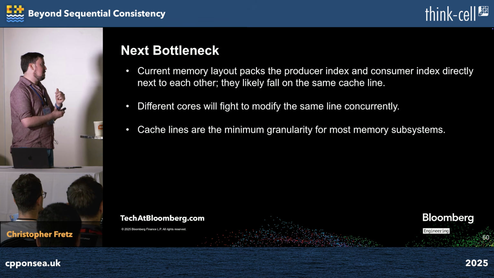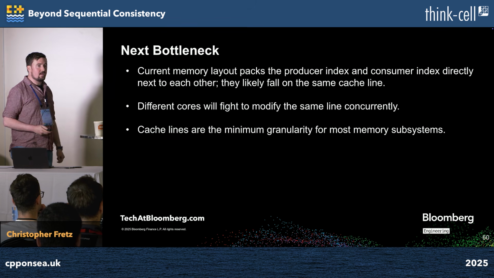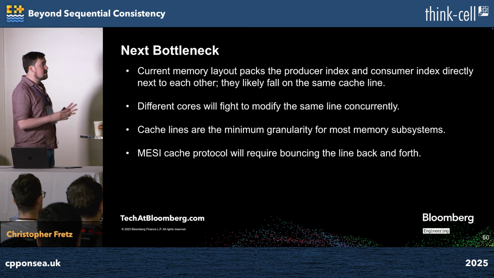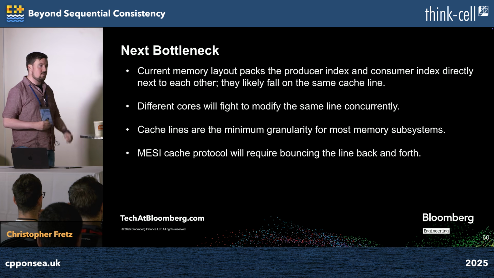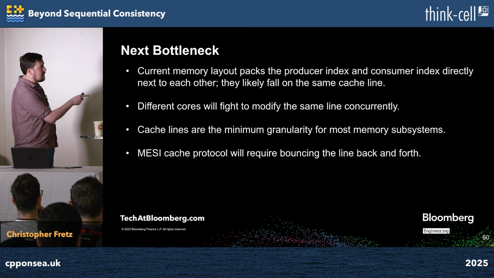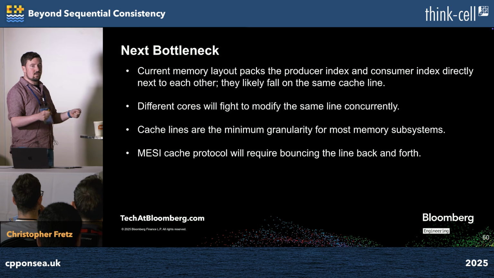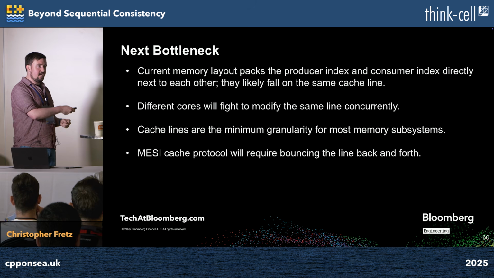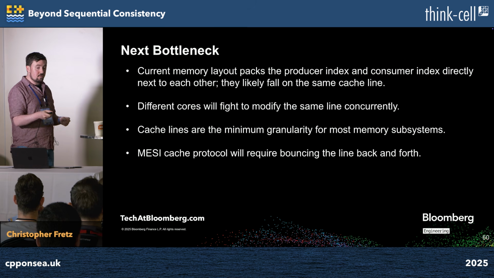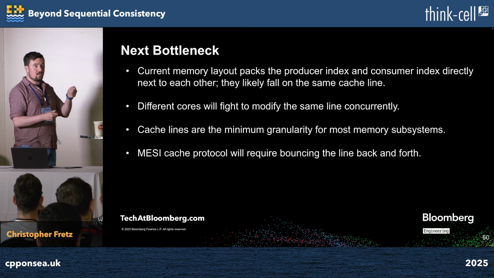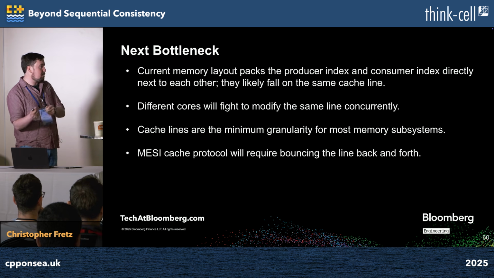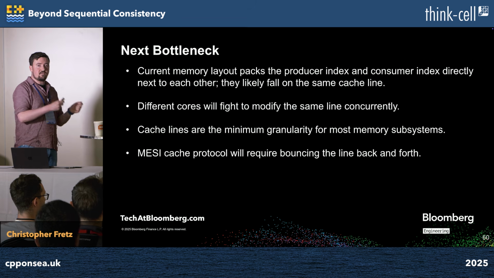For most memory subsystems, cache lines are the minimum granularity. For Intel chips at least, there's this thing called the MESI cache protocol. It stands for modified, exclusive, shared, invalid. It controls the state transitions that the individual cache lines go through. The problem is that we have the producer running on one thread and the consumer running on a different thread. When the producer increments its index, because it falls on the same cache line as the consumer, the producer CPU is going to have to invalidate the cache line that the consumer CPU has. Right afterwards, the consumer is going to have to do the same thing. These are going to end up bouncing this cache line back and forth, fighting for exclusive access